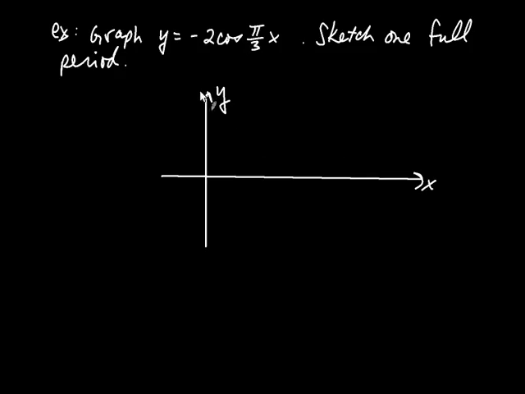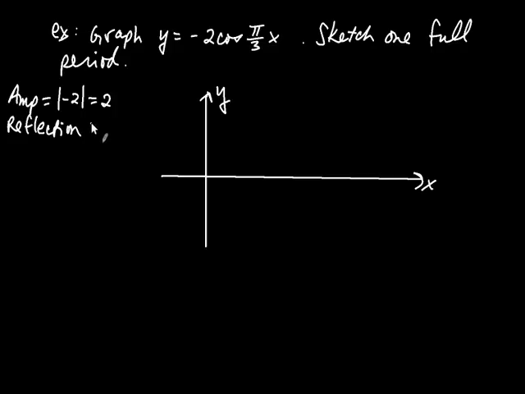Okay, so we're asked to graph y equals -2 times cosine of pi over 3 multiplied by x. Sketch one full period once again. So just like before, we think about first the amplitude. So the amplitude is the absolute value of whatever number you're multiplying the function by. So it's the absolute value of -2, which is +2. So there's a change in amplitude. Now there is a reflection,